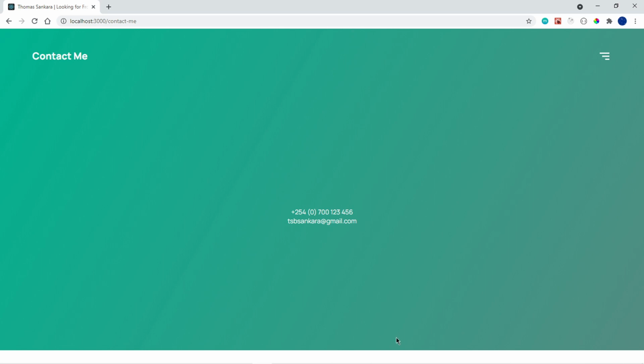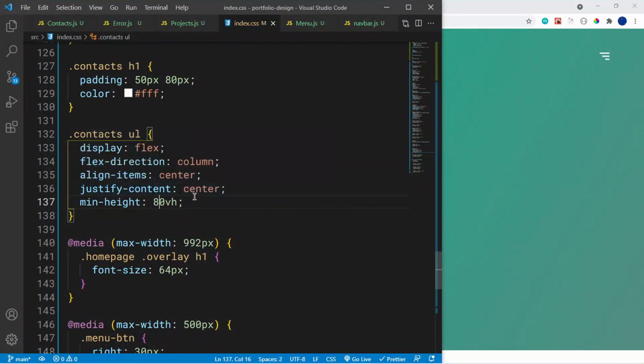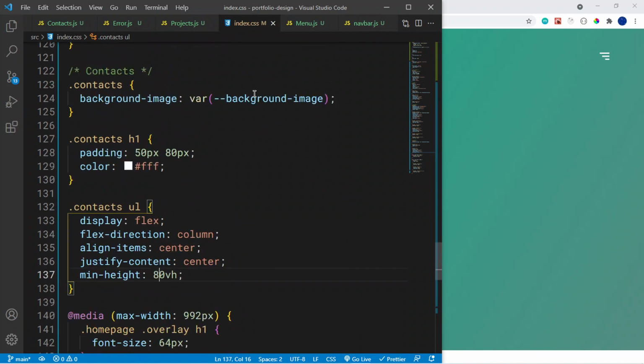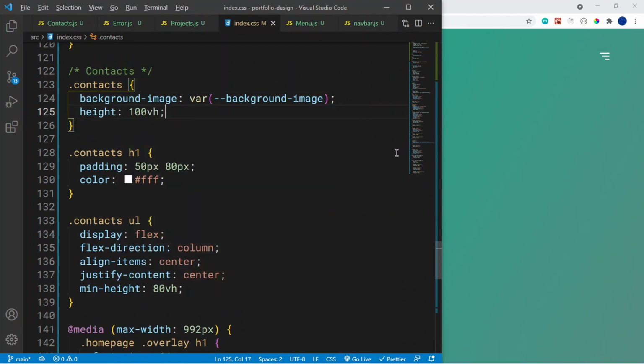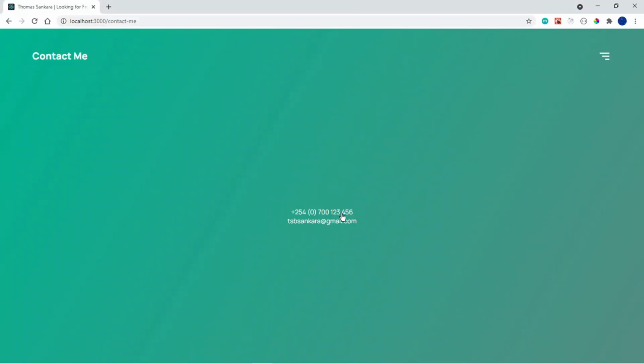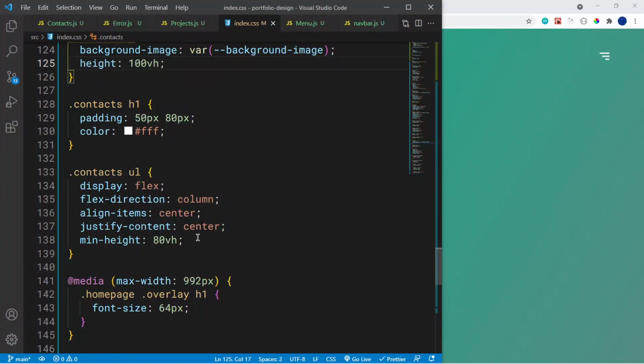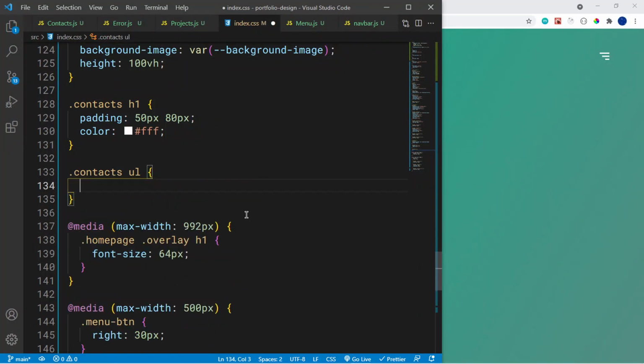Oops. Okay, so this introduces this because we're pushing it upwards. Now I don't want that to happen, so what I'm going to do is inside here I'm going to set this to height of 100 viewport heights, right? And would you look at that? But then again, this is not bothering me because it's not to the center. So what I'm going to do is remove all of this, and I'm going to